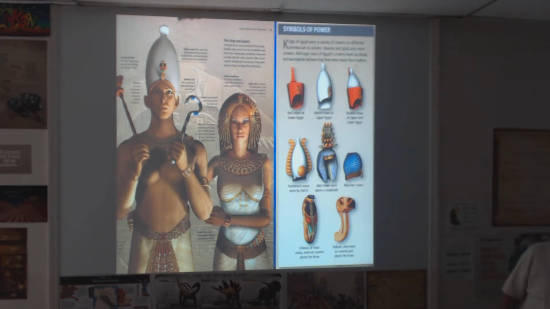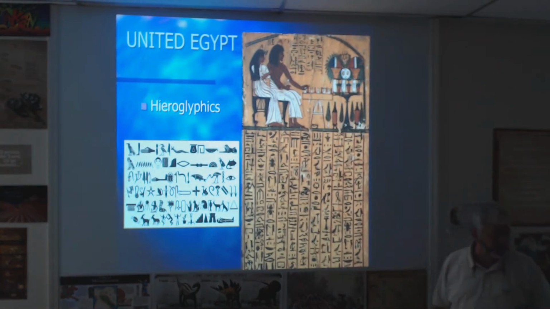All right, now you all know probably, without me even saying it, what style of writing the Egyptians used. What do they call their writing? Hieroglyphics, and that just simply means picture writing. So here's an example of hieroglyphics. You can see some hieroglyphics here, and they are pictures. Here's a photograph of an actual place where the hieroglyphics, this time they're written down. Hieroglyphics can be written right to left, left to right, or up and down. And there's usually a symbol telling the reader which way to go on the hieroglyphics.